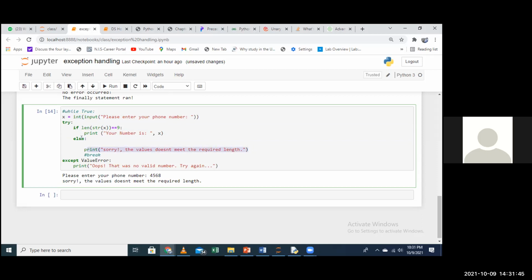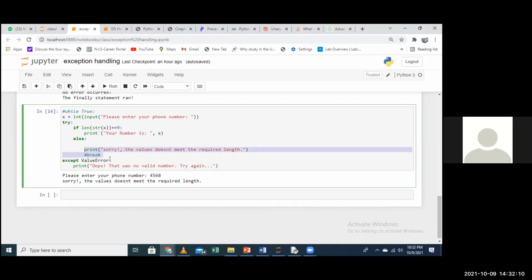So instead of using else if, or something like that, I can use except value error. We do not need a lot of that, because it's either equal to 9 or it's not equal to 9. If it's equal to 9, this is the output. And if it's not equal to 9, then definitely this is the output.